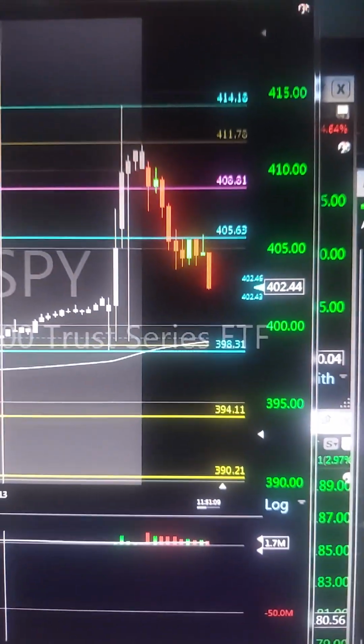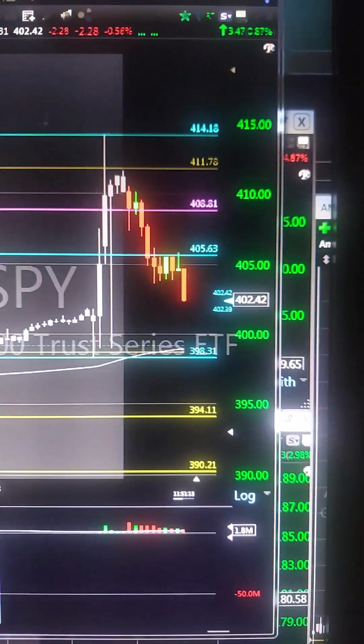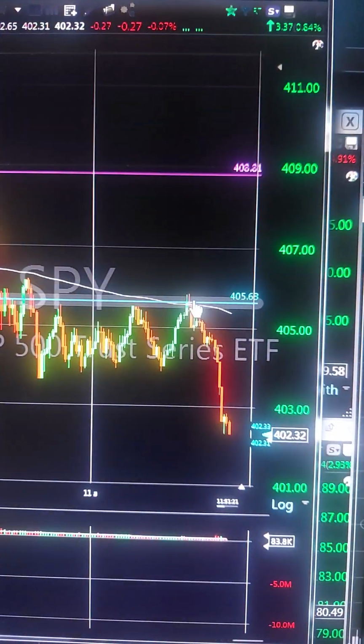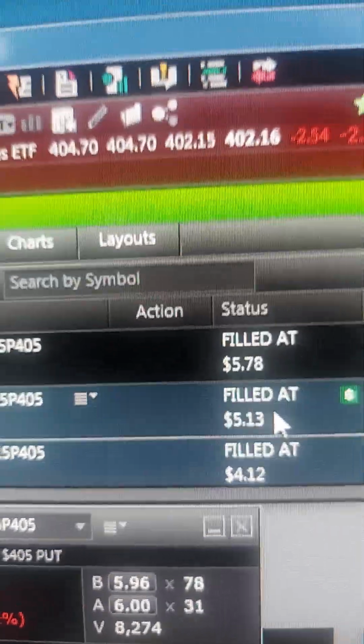Okay, it's Tuesday, December 13th, just following up on the SPY. You can see here we've made our second push down on the day. Bought the puts here at the blue line when we broadened out a little bit to the upside, anticipating this rollover to the downside. As price came down, bought the options at 412, the puts, scaled out some at 513,